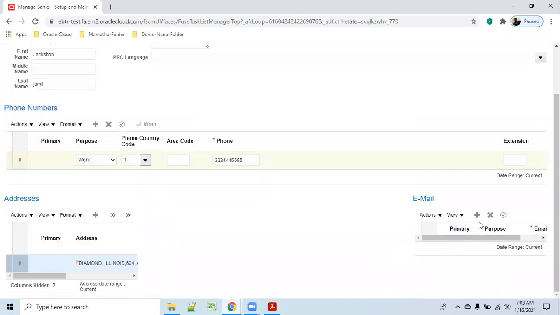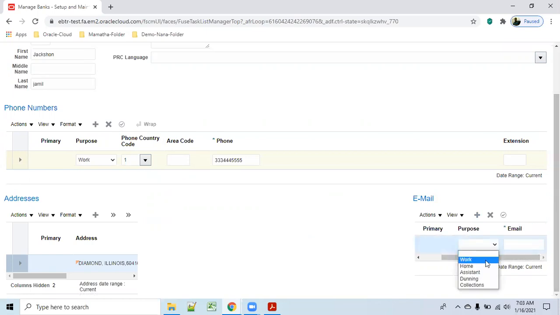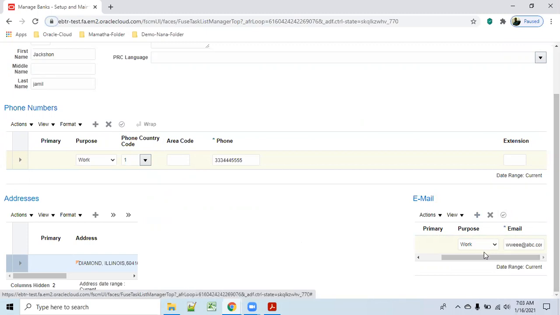So if you have any email, abc.com. Okay, select this as a primary.